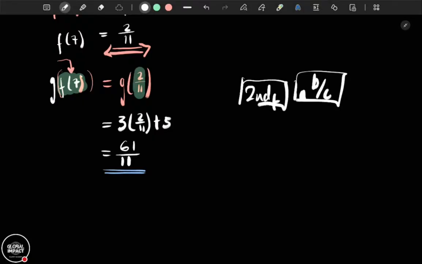Should I teach you how to find the inverse right now, or should we go and solve questions related to this that we have done? I want you to say inverse or say questions. So can you vote in the chat? For those who are saying I should teach you how to find inverse, say inverse. Those who are saying we should do questions from past papers on this for now, say questions.